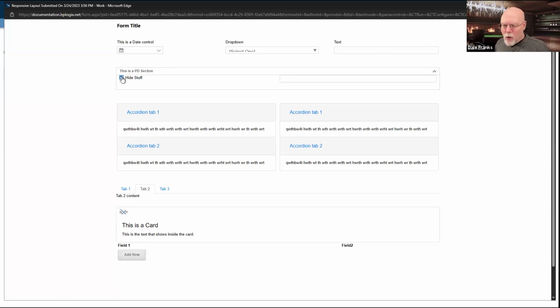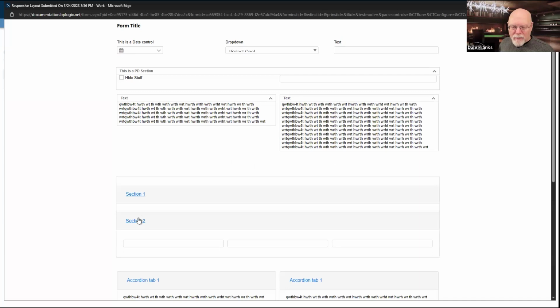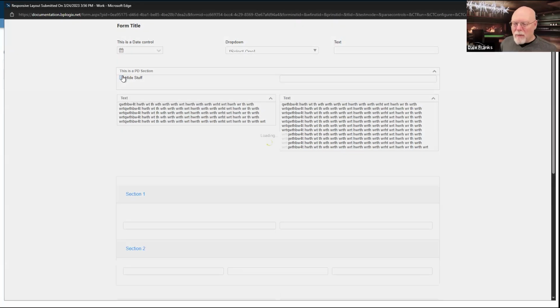The accordion section controls that are in here, those are bootstrap sections. And we'll talk about that in a minute. Those all go away because I have shown and hid the embedded section control based on my selection on that checkbox. So these section controls here are a little bit different, but we'll talk about them next. But my show, my hide works. Everything appears the way that it's supposed to appear. We're all happy, except